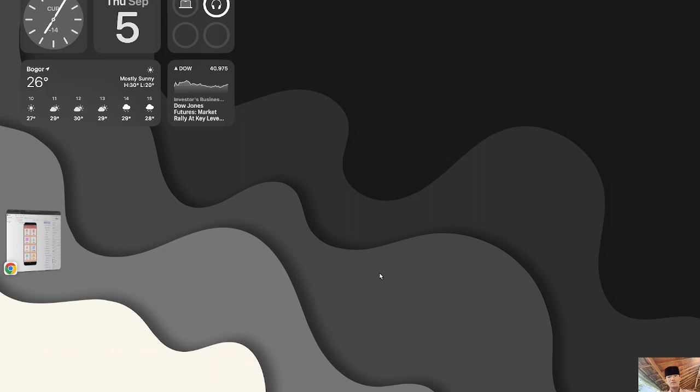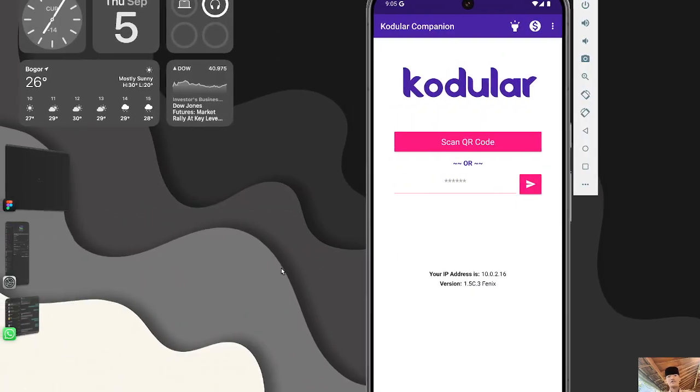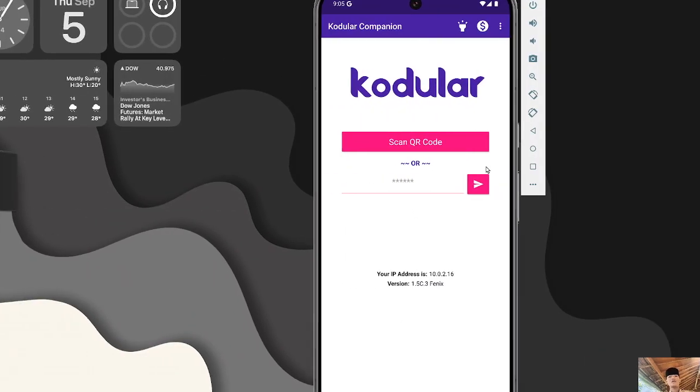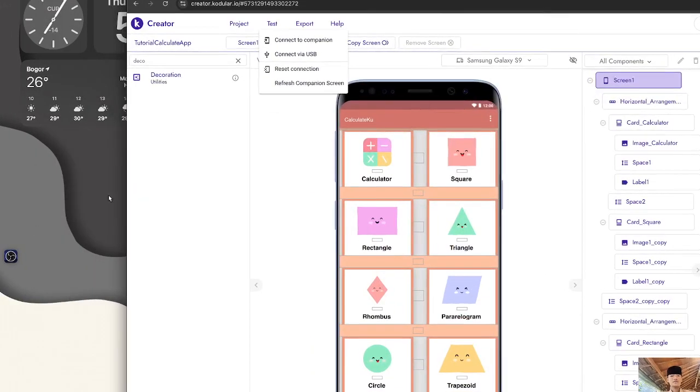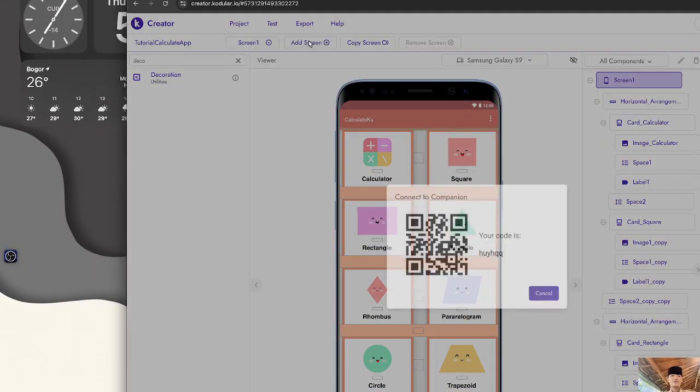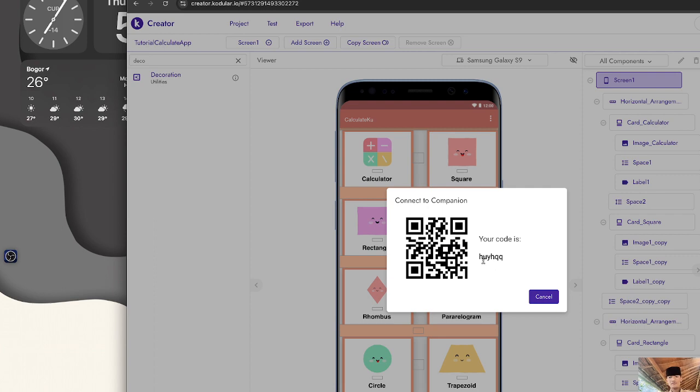Hold on a second, I'm going to prepare all the things first. So here, we're going to have the Kodular Companion. It's the app if you want to use it. Then we're going to click this, then connect via companion, and remember the code there.